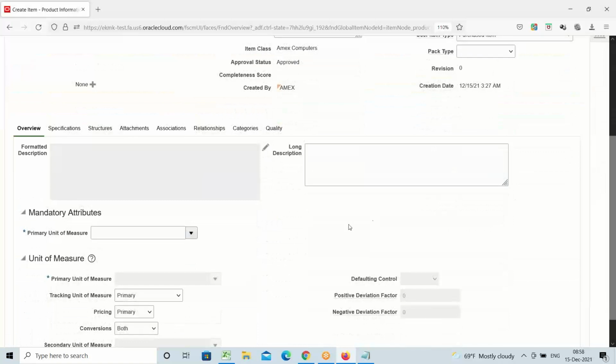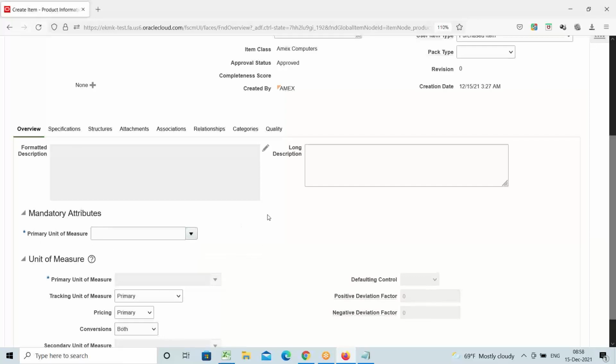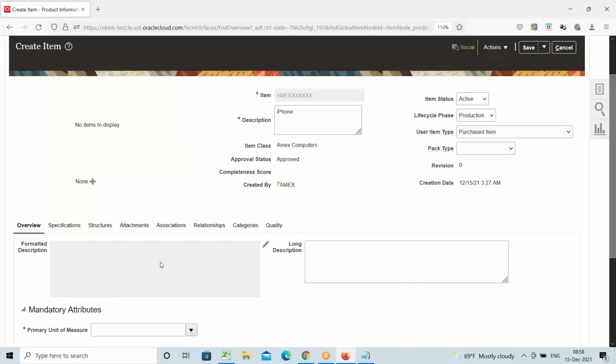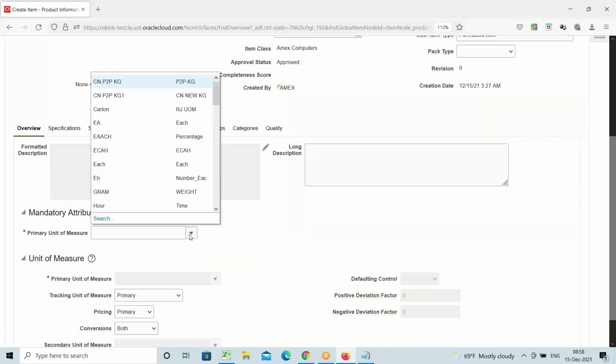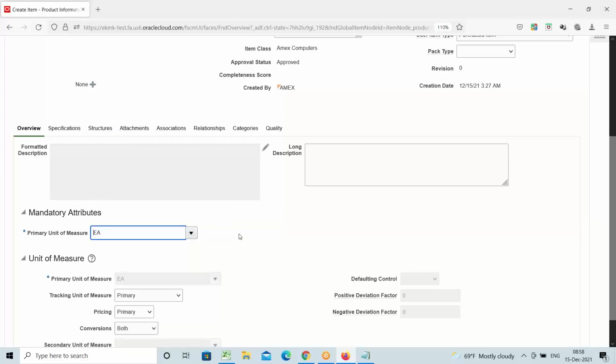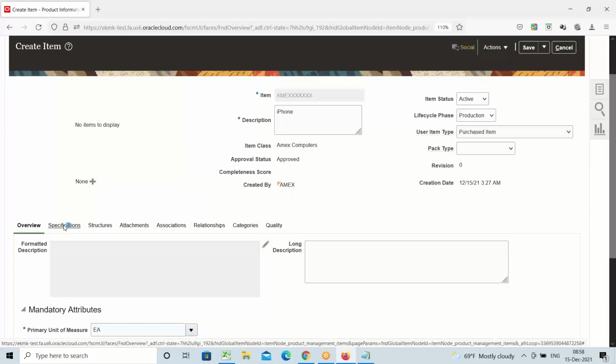Done. Now here, select the primary unit of measurement. How do you measure these items? The iPhones and all, how do you measure them: as each, or a dozen, or kilograms? The measurement you have to specify. If it is an iPhone, you will measure it as each, count only, 1, 2, 3. So specify the unit of measurement. And if you go to the specifications tab,